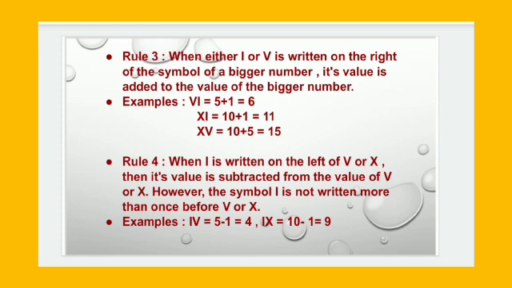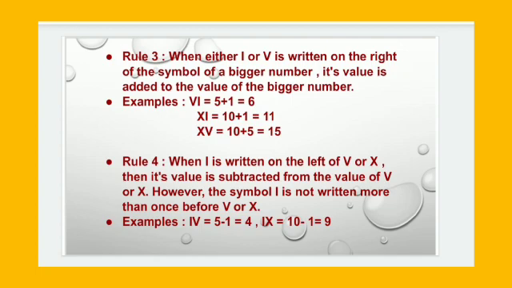Second example. 9. 9 is what? 10 minus 1. So 10 minus 1, that is why in Roman numerals we will write the smaller numeral first, that is 1, that means I, and for 10, X. Hence 9 in the Roman numerals we can write as IX.